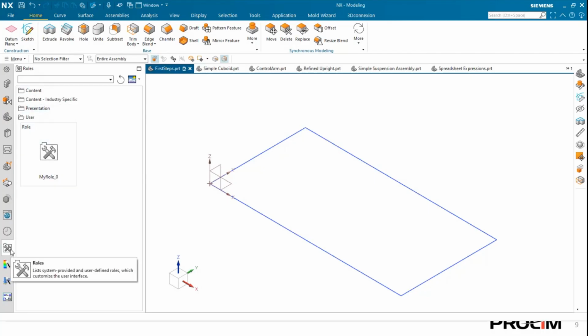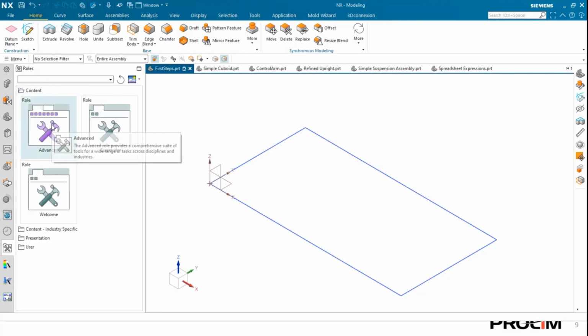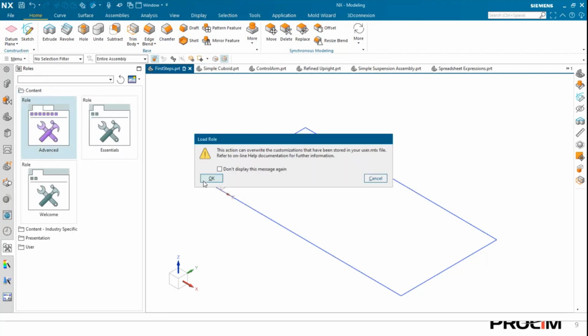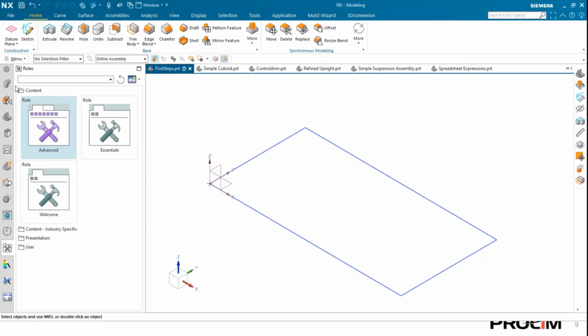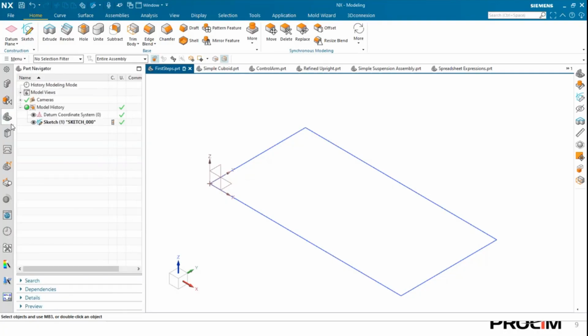Down here in your resource bar, you can see your roles, go to content, and then you can set it to advanced. Right now, I already have it at advanced, so therefore my customizations may look slightly different than yours. Now,